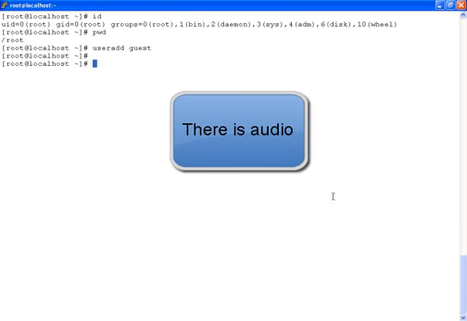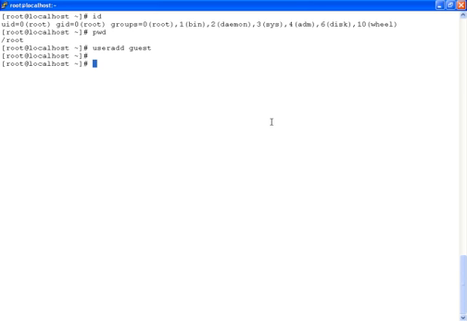In today's demo, we will show you how to add a new group to the system. Log in as root. Previously we have shown how to add a new user by using the useradd command followed by the username that you want to add. To add a new group,